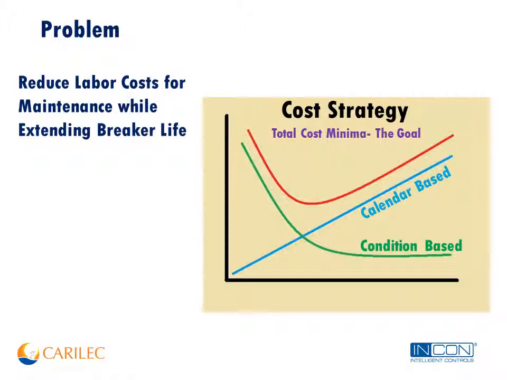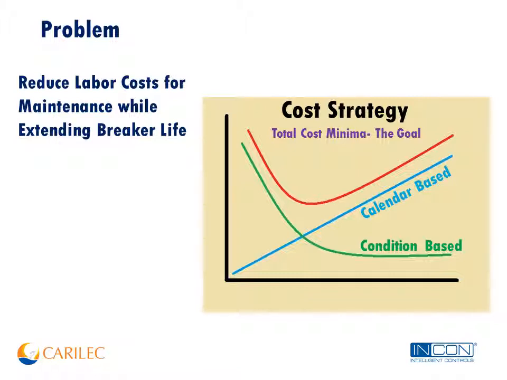Looking at this graph, you have a couple of choices for maintenance. The blue line would be sort of the old style calendar-based maintenance, where you do the same thing no matter what kind of activity the equipment had, whether it tripped a lot or tripped a little or never tripped. You go out there and do the same things every year. So that's a fixed cost, and that's why it's shown here as a straight line, just accumulates at a constant